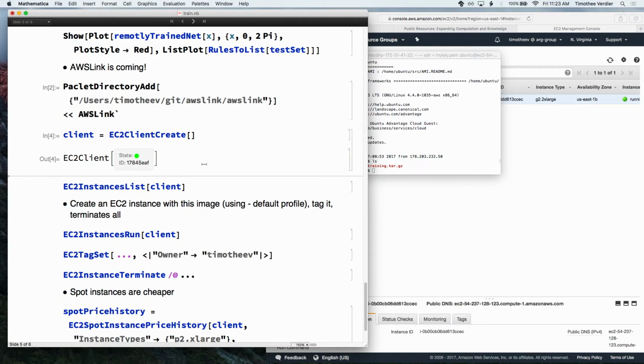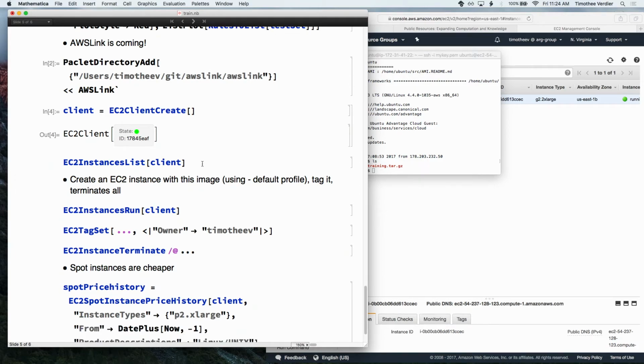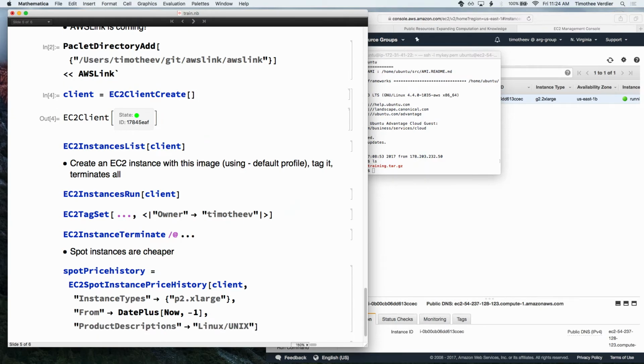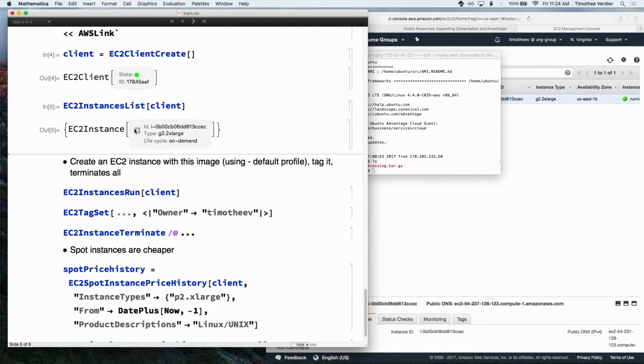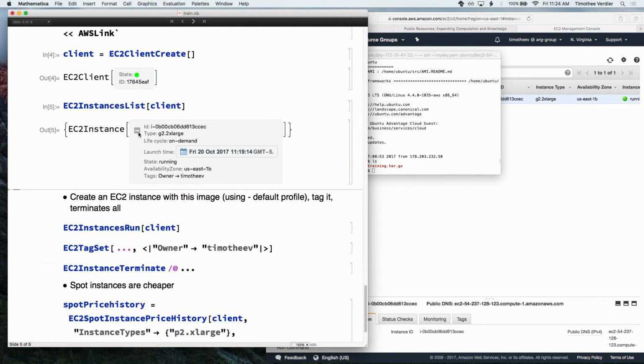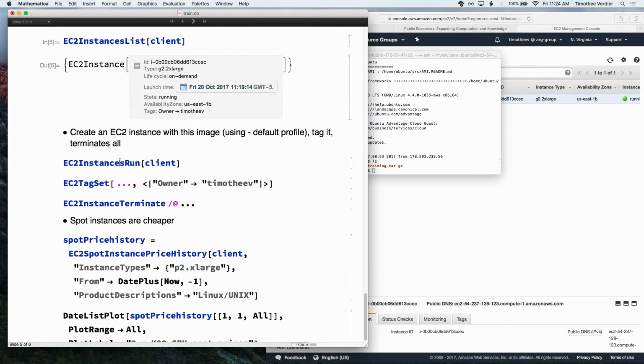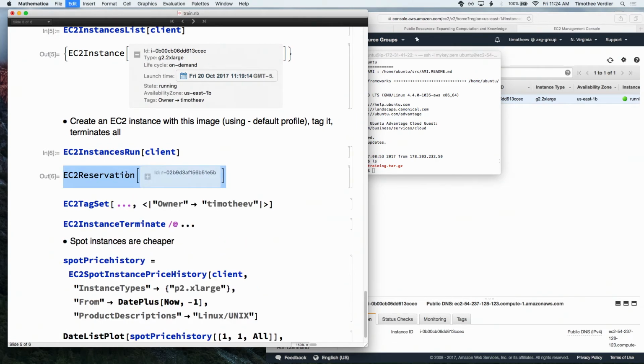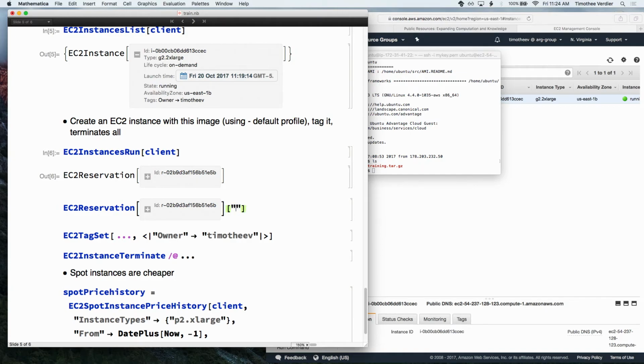Yes, that's what we want to do. That's part of what I'm currently developing. So just to give you a view of what it might look like soon, you just need to initiate the connection, and then you can use your client to list the running instances. So here I see that I have this running instance that I own on Amazon directly from Mathematica. I can just launch an instance with my default values, like this. If I look inside,